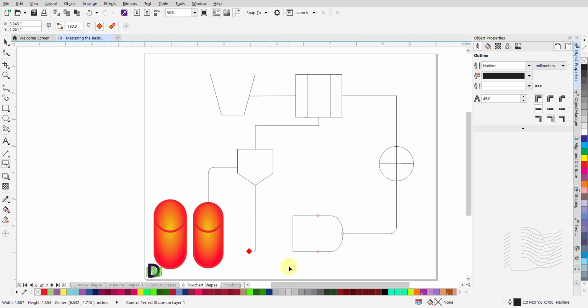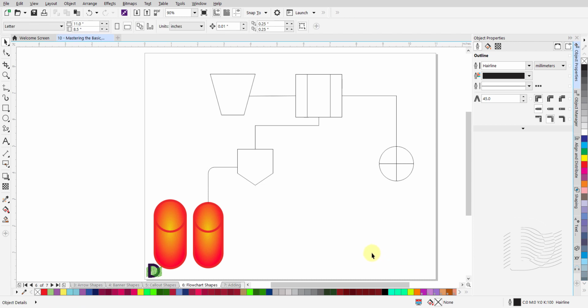Visually, the anchor does not seem to be connected to that shape. Switch to the Pick tool, and if that shape is not already selected, click on it to select it. Hit the Delete button to delete the shape. The anchor as well as the connector both get deleted along with the shape.